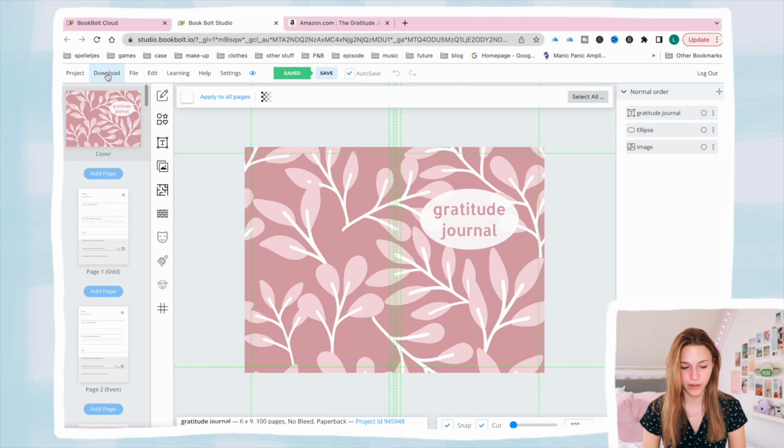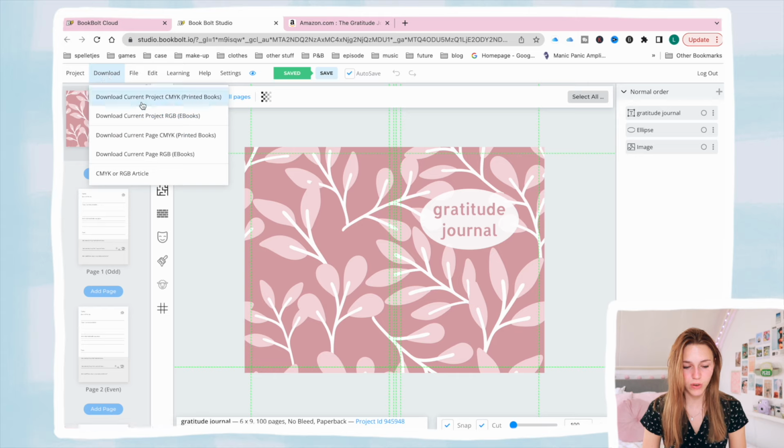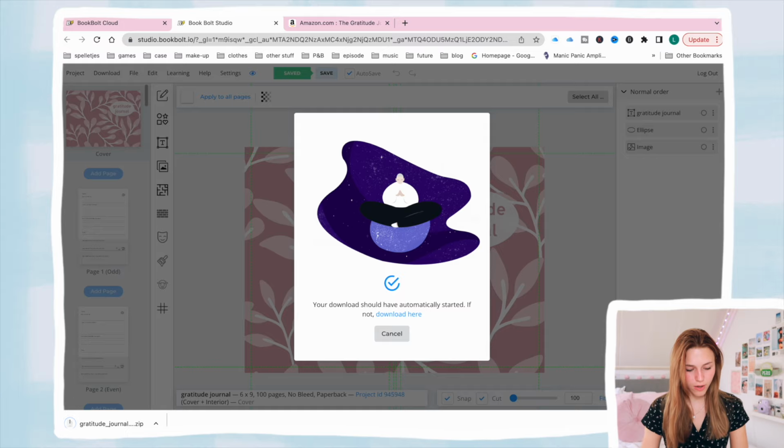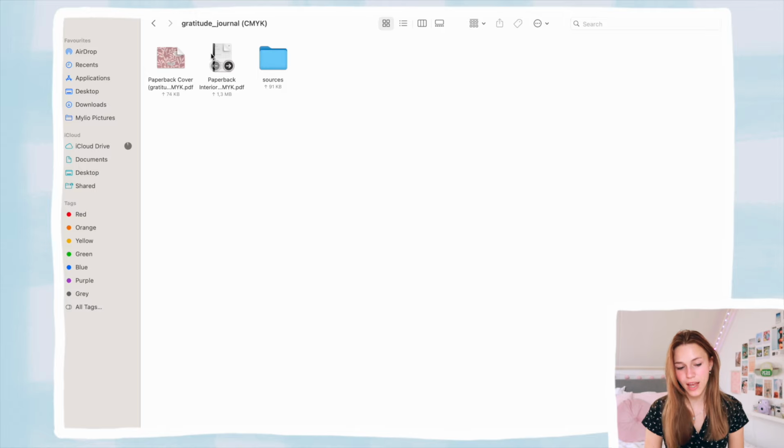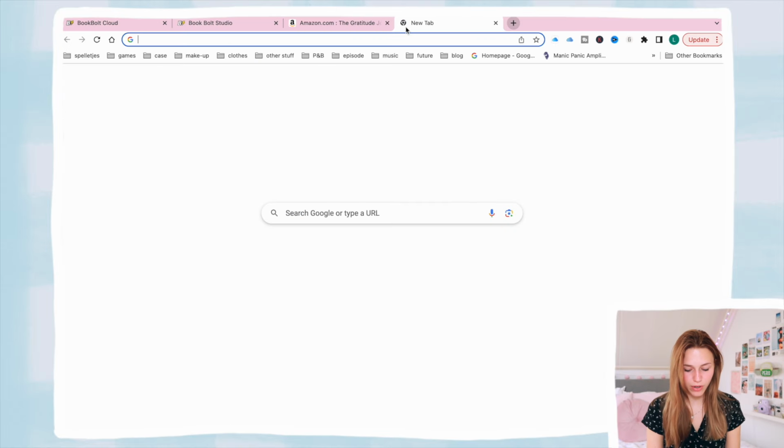Now we are gonna go to download current project for print a book. You do want to choose this one. Okay, now I see that it has downloaded. Then you will get this file, and when you double click on it, it'll create a normal folder, and inside you will see the cover and the interior. Now we are going to go to